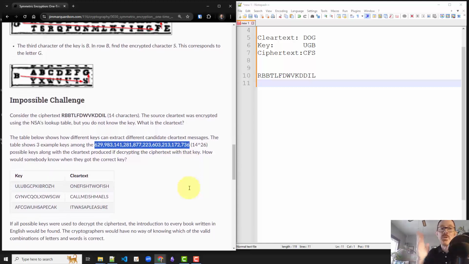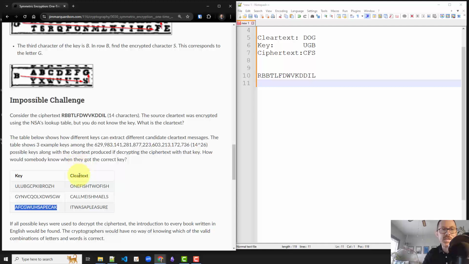So just for example, among all of those trillions and trillions of clear text messages with different keys, with that same ciphertext, if we use these sample different keys here,